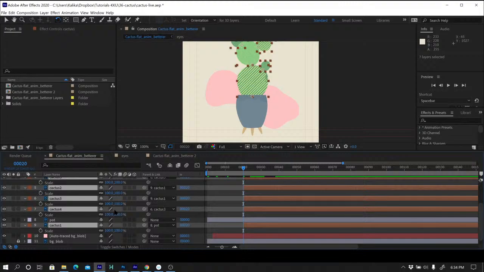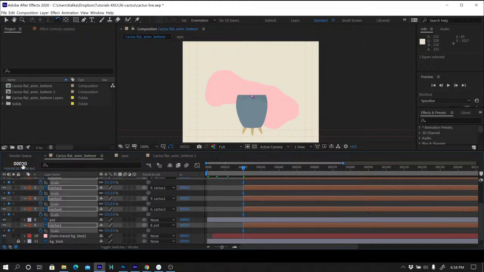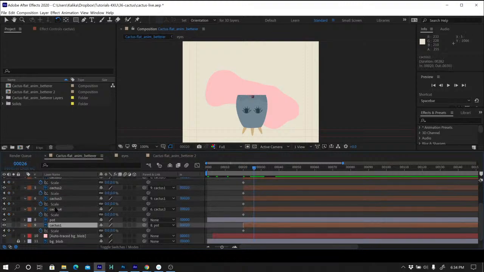You don't have to memorize any numbers. You don't need to set keyframes in a reverse order. You can just say, you know what, turn on that stopwatch, change the scale to 0, and then about 6 frames later, so plus 6, I'm going to change the scale,